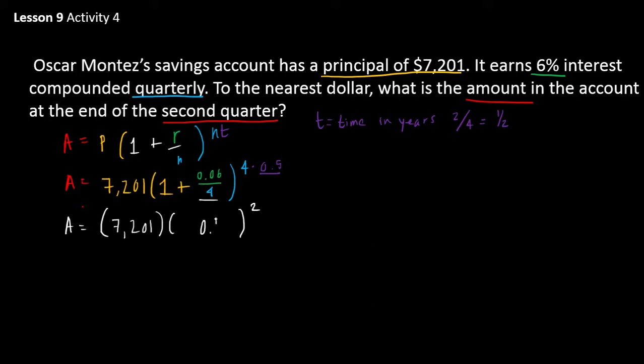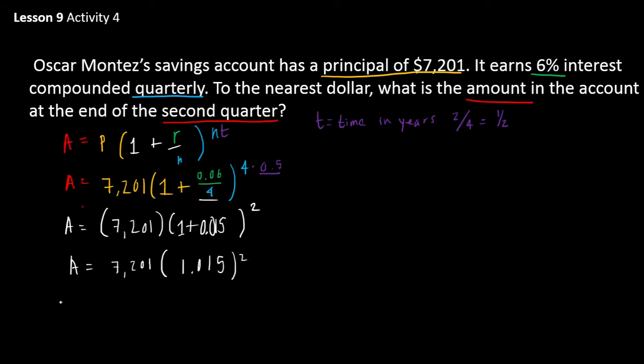If I type 0.06 over 4 in a calculator, I get 0.015. Bring down my 1. I'd combine that next. A equals 7,201 times 1 plus 0.015 is 1.015